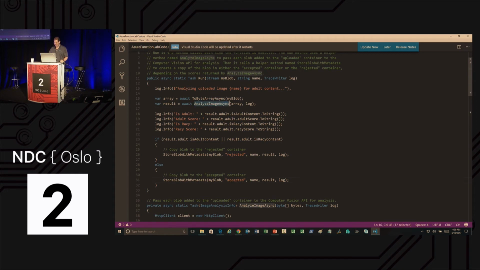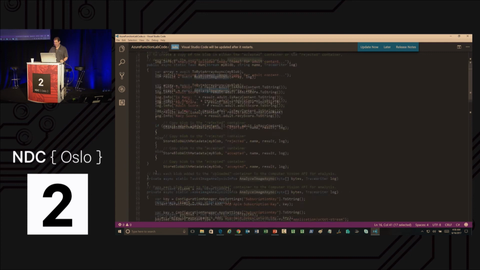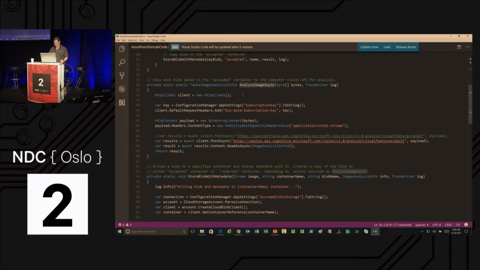So again, here's this function that calls the computer vision API. Let's look at that. It's right below. It's right here. So it takes in an application setting, which I'll talk about again later. That's so you can call into the Cognitive Services API. It needs an API key. And this is the call. It's right here. This is really the one line of code that does it all.